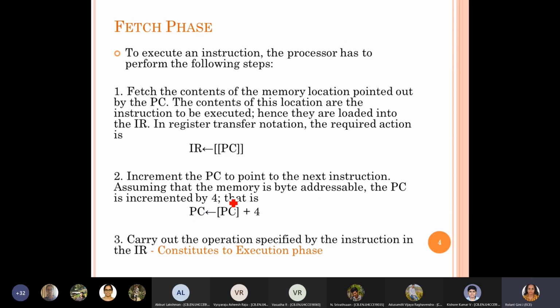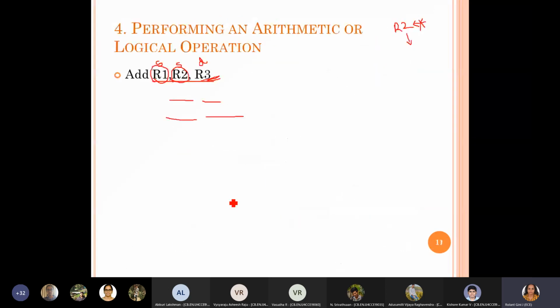Here we have to select whether we want to select Y or, in case of a program counter increment, it will be simply selecting the constant 4.